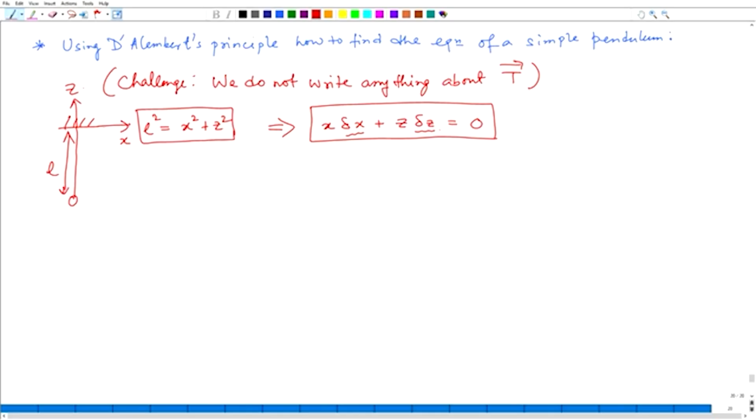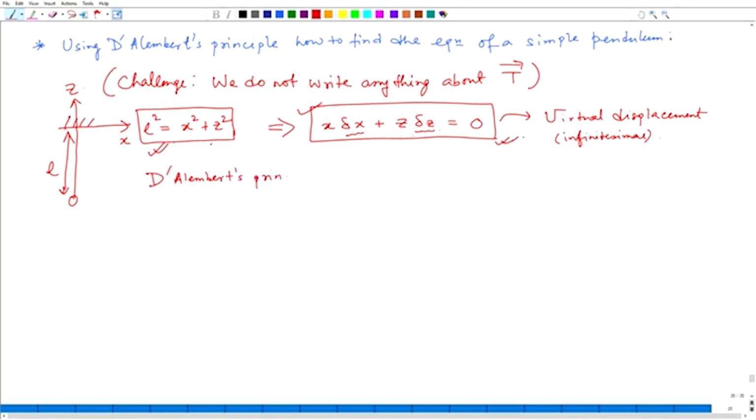This is the infinitesimal form of the constraint, associated with the infinitesimal virtual displacements, and this makes it by definition a proper virtual displacement. If the virtual displacement is not consistent with the constraint, then by definition it is not a proper virtual displacement. So the corresponding differential form associated with the virtual displacements is simply this, and then D'Alembert's principle says